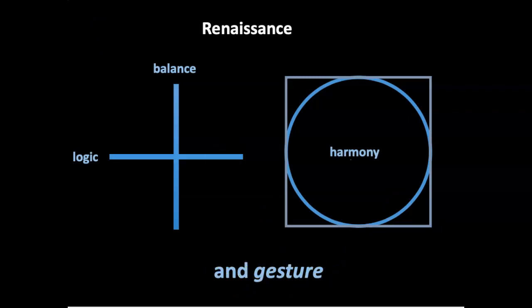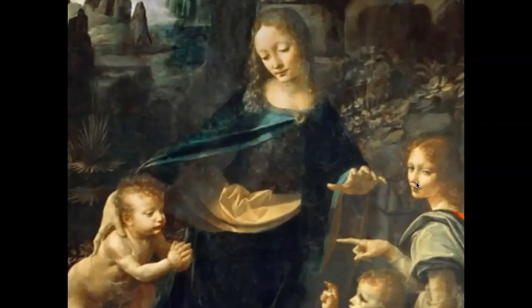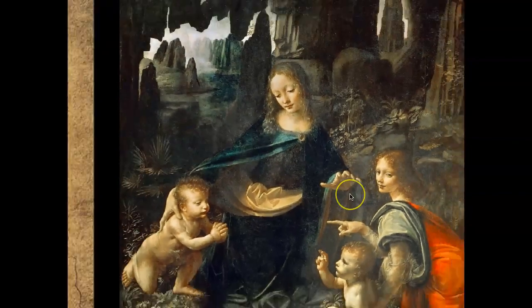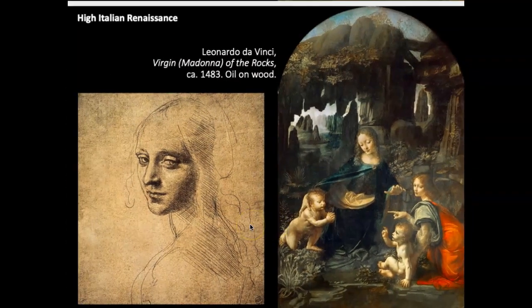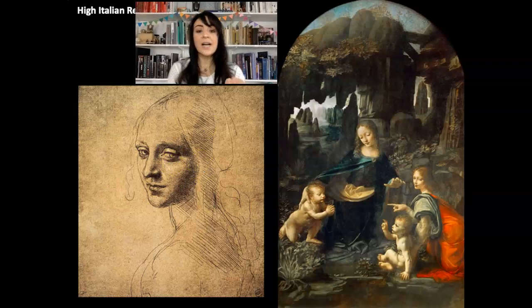Well, when we look at Leonardo's Madonna of the Rocks, there is a lot of gesture. First, the angel looks out at us, at the viewer. Now, I've also included here a sketch from one of Leonardo's journals as he was working on this altar. So you can see that it was very specific and intentional to have this androgynous angel looking out at the viewer. What this does is it pulls us into the scene.